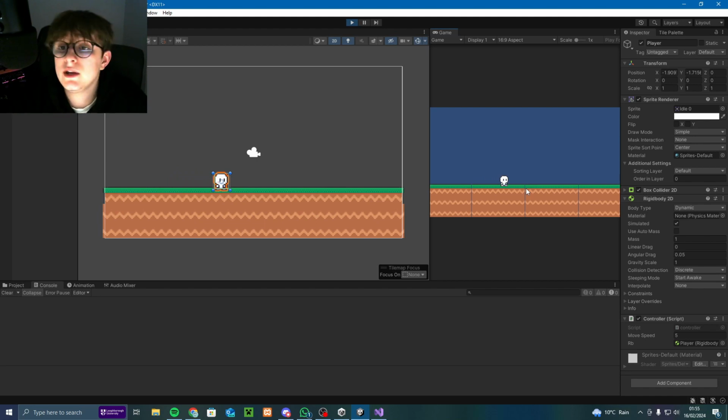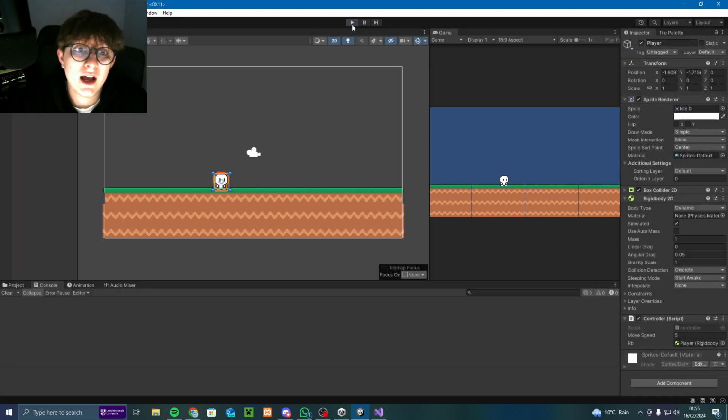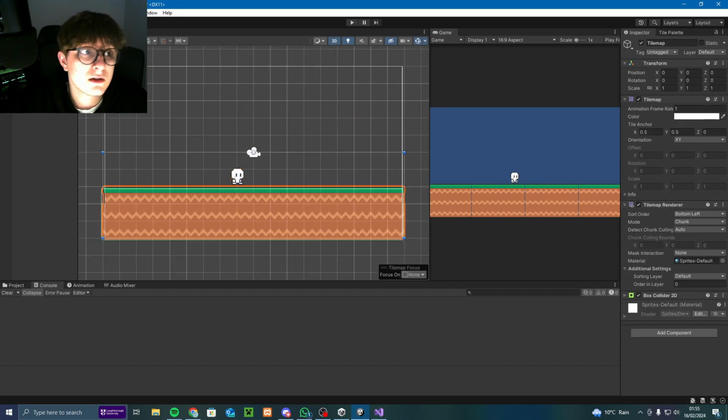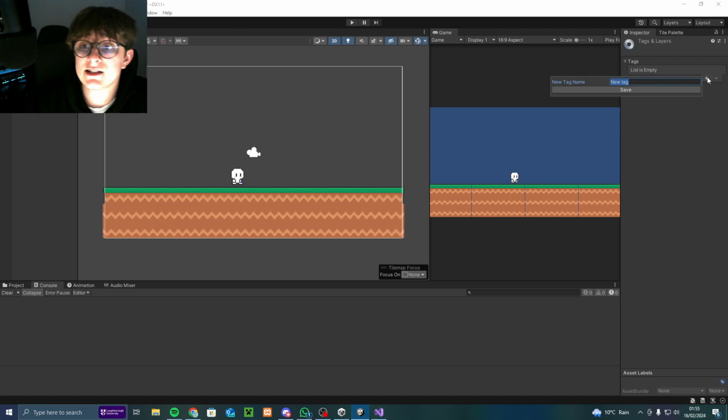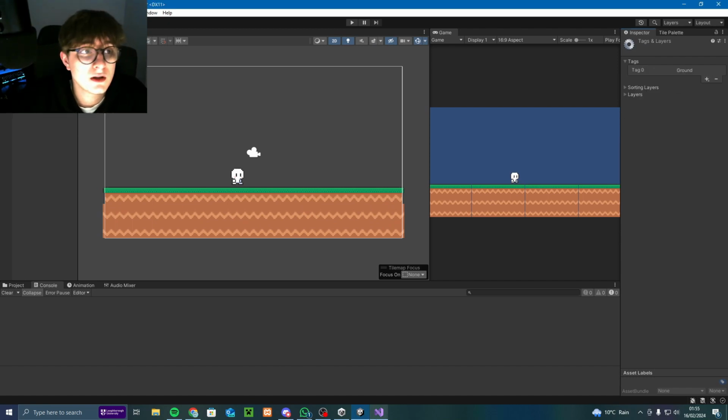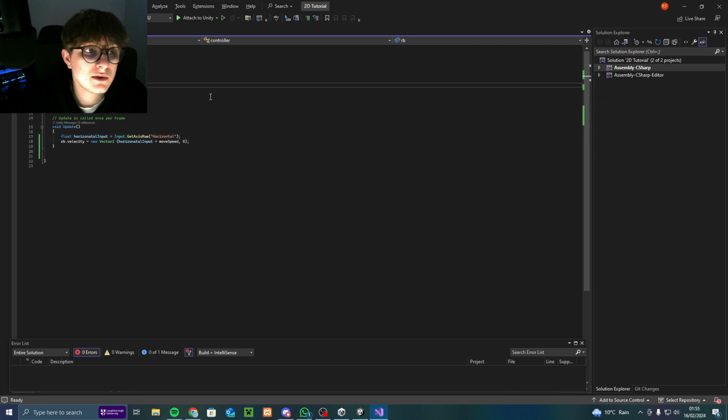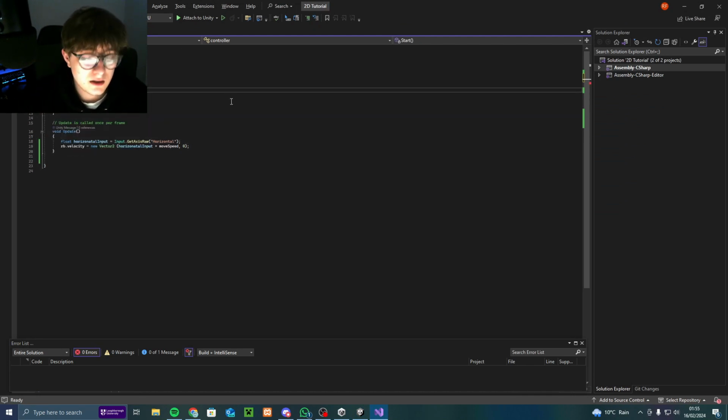Okay, now that we have horizontal movement, the next thing we want to implement is vertical movement, so jumping. And to be honest, that is also very simple. The way I personally prefer to do it is I like to add a tag and call it Ground. Okay. Next thing we do is we go into here, add a public bool grounded,